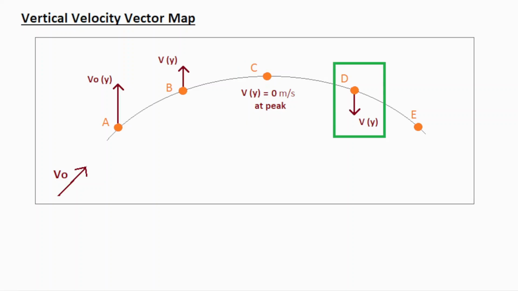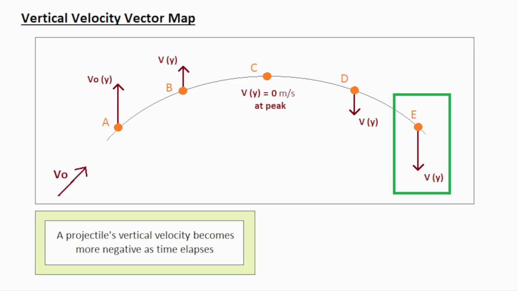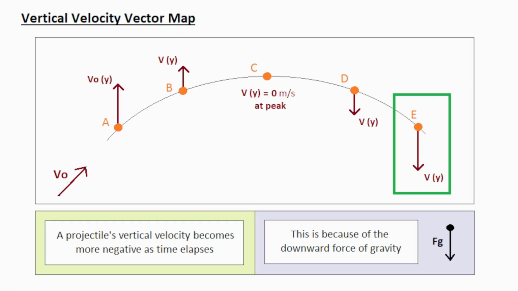Position D is on the downward side of the parabola. The object is beginning to move downward, and at position E, it is moving downward even faster. So this is what is happening. The projectile's vertical velocity is becoming more negative as time elapses. But why is this happening? Well, the projectile is acted on by a downward force of gravity. This causes a downward acceleration, and is the reason each velocity vector in the vertical plane becomes more negative as